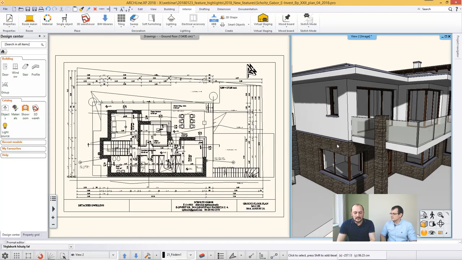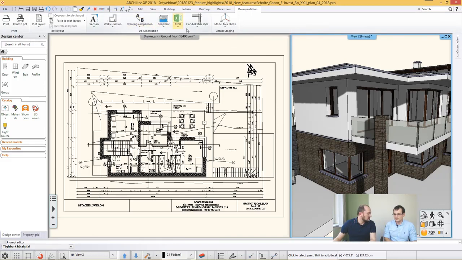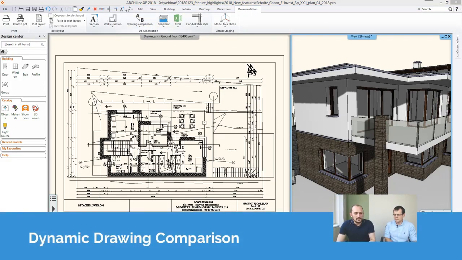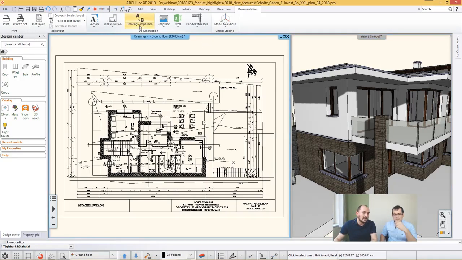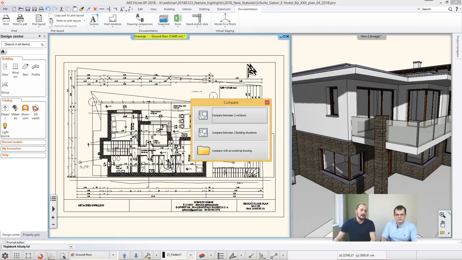Okay. Yes, we have actually something called the drawing comparison. The drawing comparison is if you have several versions or several alternatives, or simply you would like to compare the current version of this project with the previous one, you can easily use this. This actually has 3 options. If you click here, you will find the first 2 options are working in project. So if you have several drawings in this same project, you can compare one to another and you will have